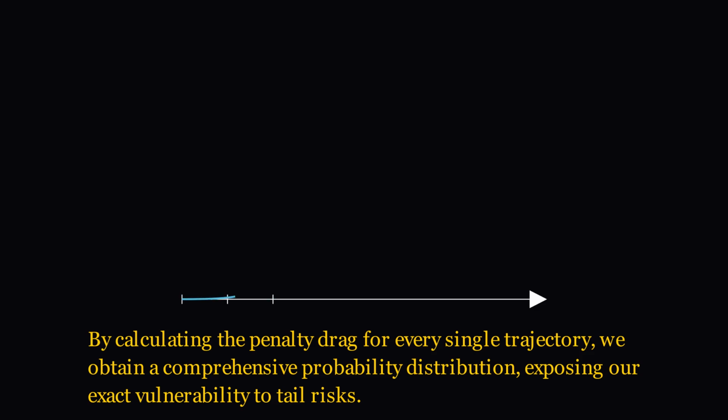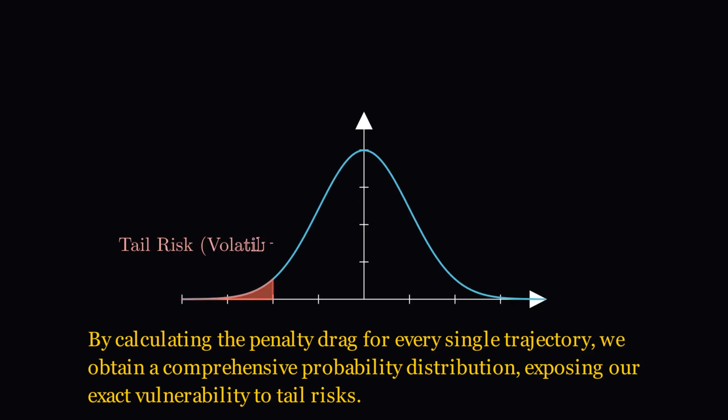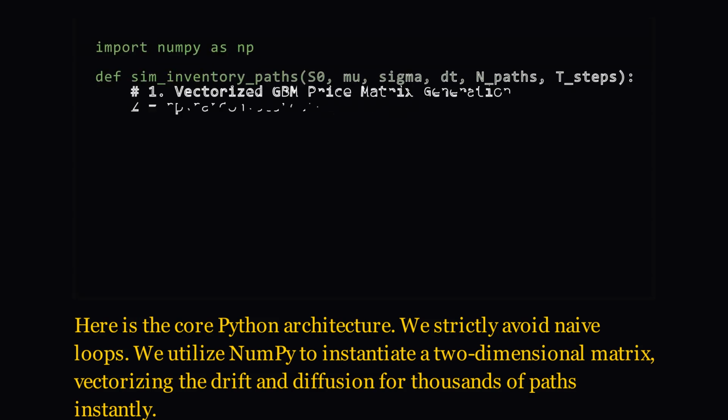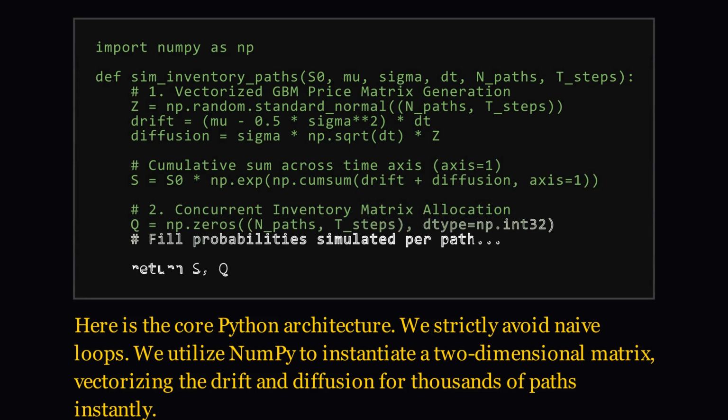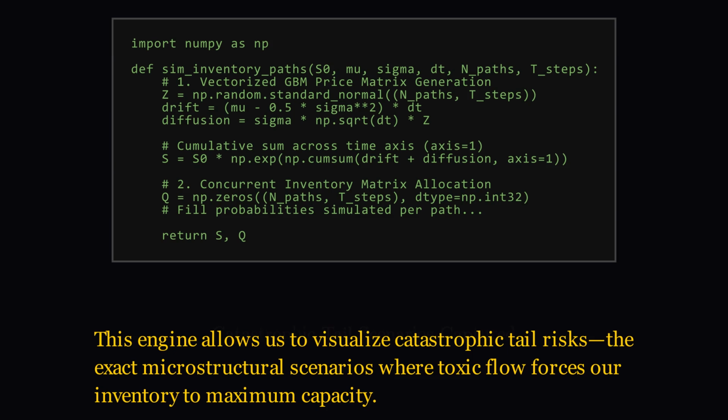By calculating the penalty drag for every single trajectory, we obtain a comprehensive probability distribution, exposing our exact vulnerability to tail risks. Here is the core Python architecture. We strictly avoid naive loops. We utilize NumPy to instantiate a two-dimensional matrix, vectorizing the drift and diffusion for thousands of paths instantly. This engine allows us to visualize catastrophic tail risks, the exact microstructural scenarios where toxic flow forces our inventory to